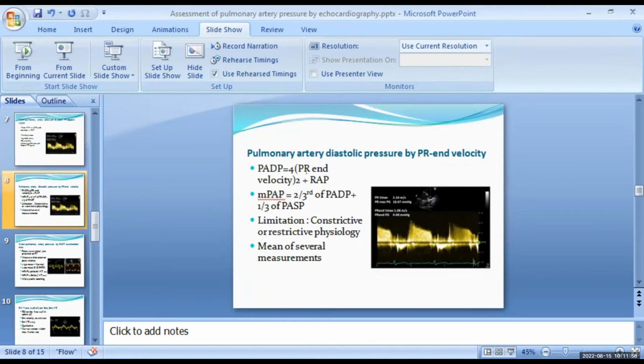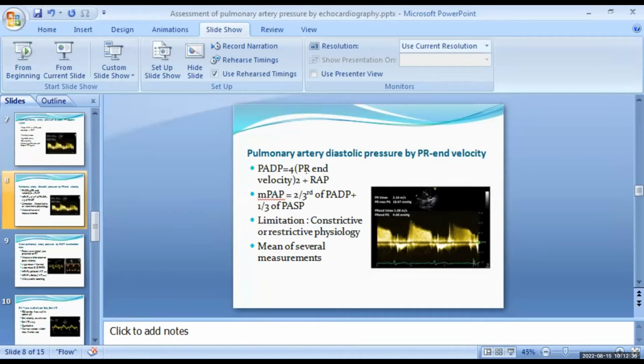So how we have to assess the right atrial pressure? We have to see the IVC dimension and the respiratory collapsibility. Normally we take the cutoff 2.1 centimeter of IVC, and it should be more than 50% collapsible during deep inspiration. If it is like this, we commonly take the value of 3 to 5 mmHg. If the IVC is dilated more than 2.1 centimeter and there is less than 50% respiratory collapsibility, we take RA